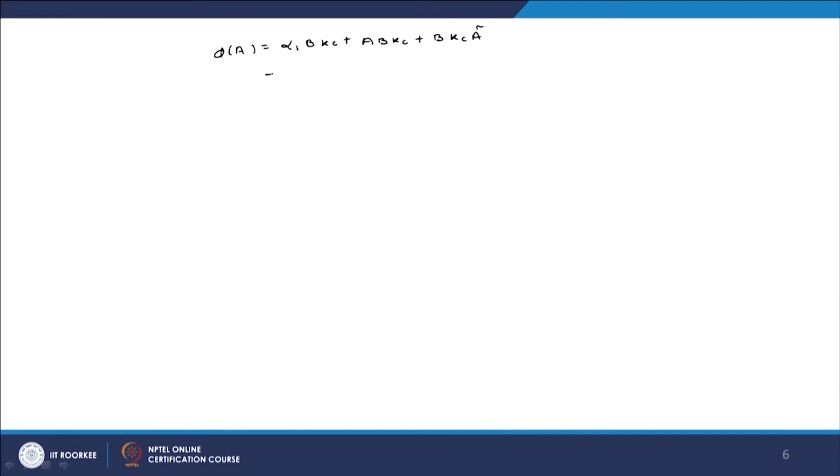Now, here what we can do, we can take out this b common here from this part, this and this we can take b common. So, we will get alpha 1 into k c plus k c into a bar plus a b into k c, and therefore, this phi of a